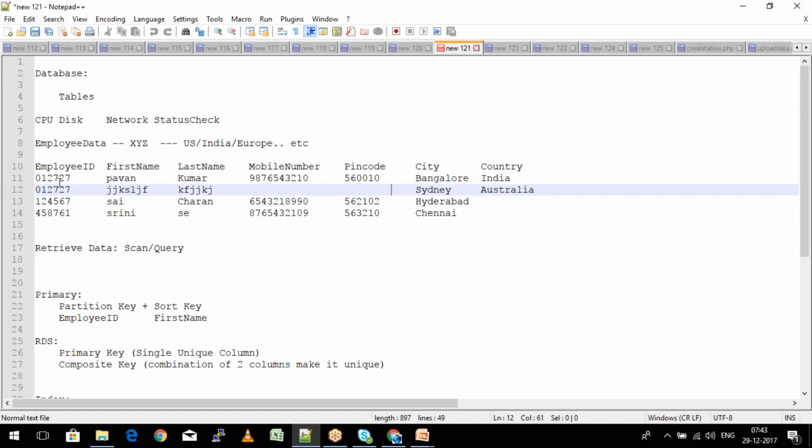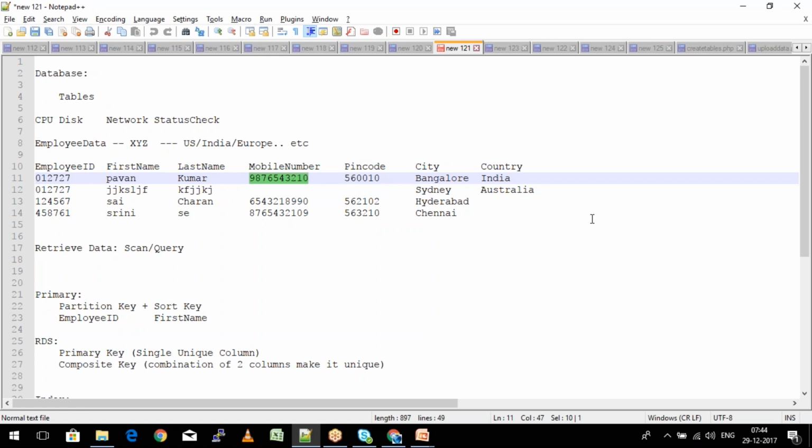Now if you see here, employee ID is in number format, first name is of text format, again last name is of text format, mobile number is again of number format. So the way we are trying to store the data in one single row is basically a combination of different variable types, right? So one of them could be a text format, one of them could be a date format, something could be boolean format, something could be of number format as well, right?